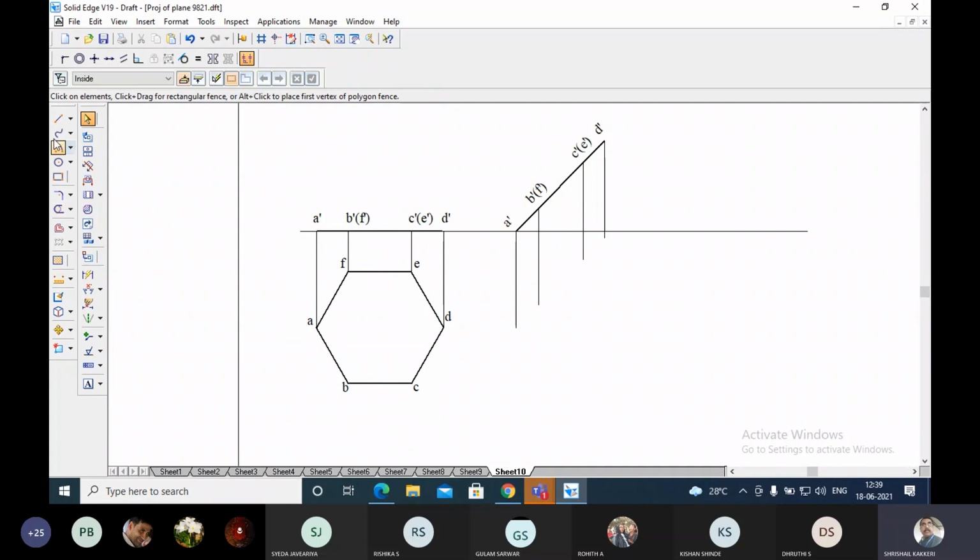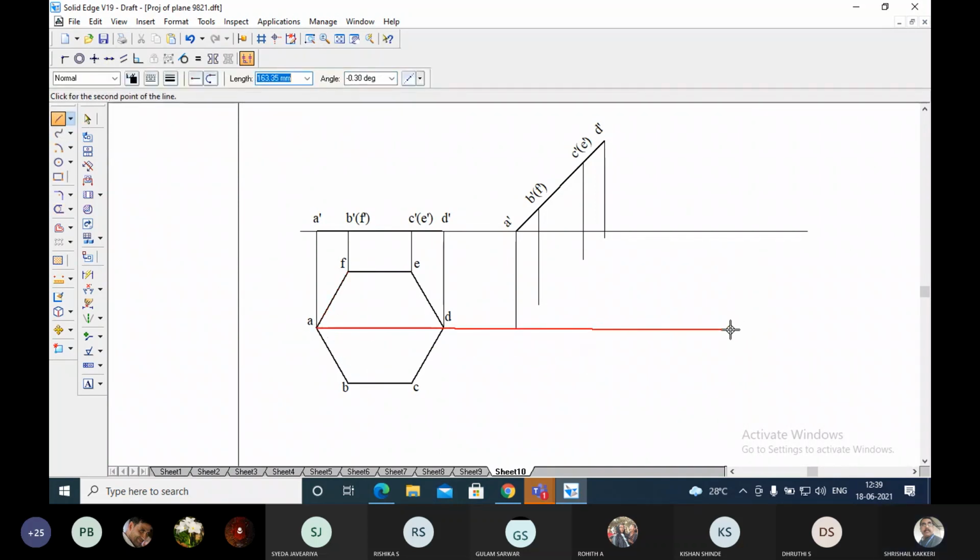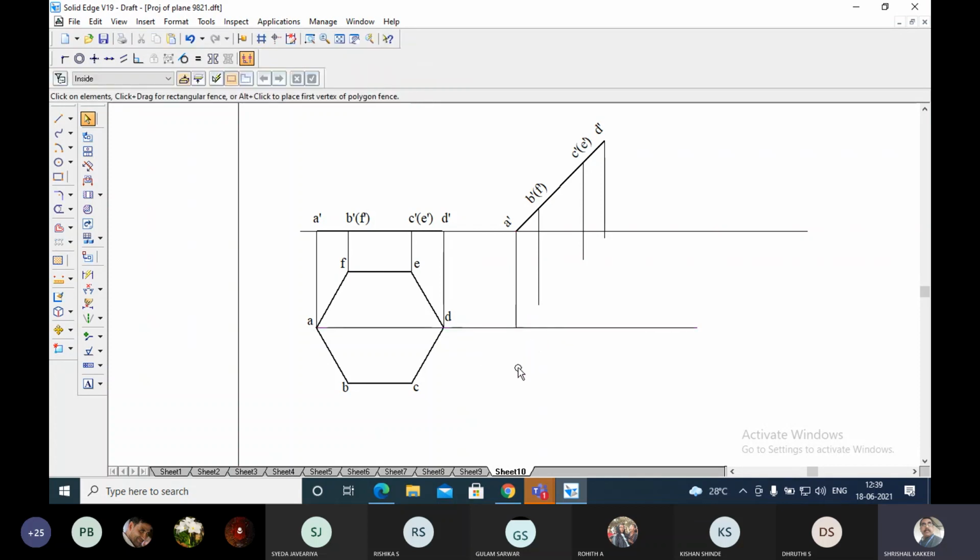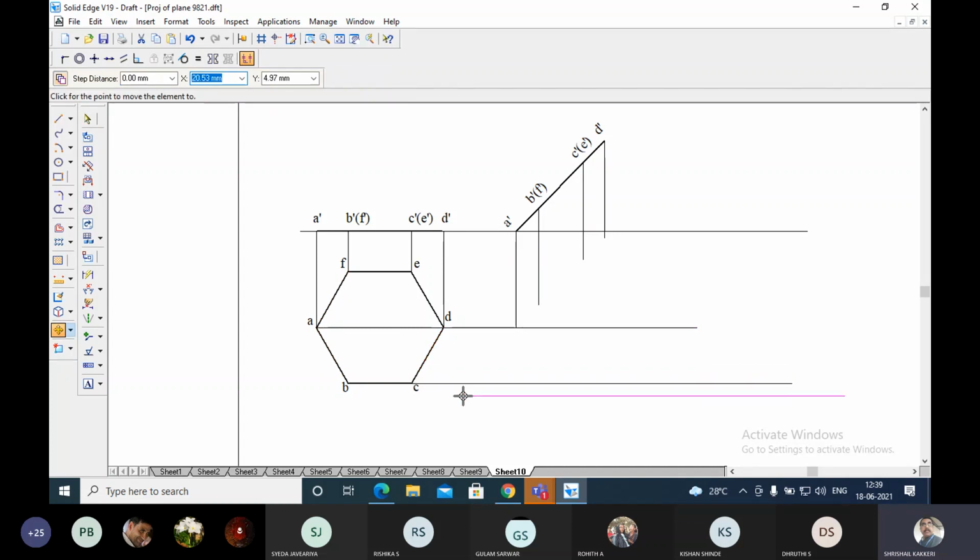Before that, I'll do one thing. Let me take a line from A to A, A to A. I have taken one line, A and A. These are meeting at this point. Fortunately, these are meeting here only. So this will be A. And B and B, that means on the C line itself.